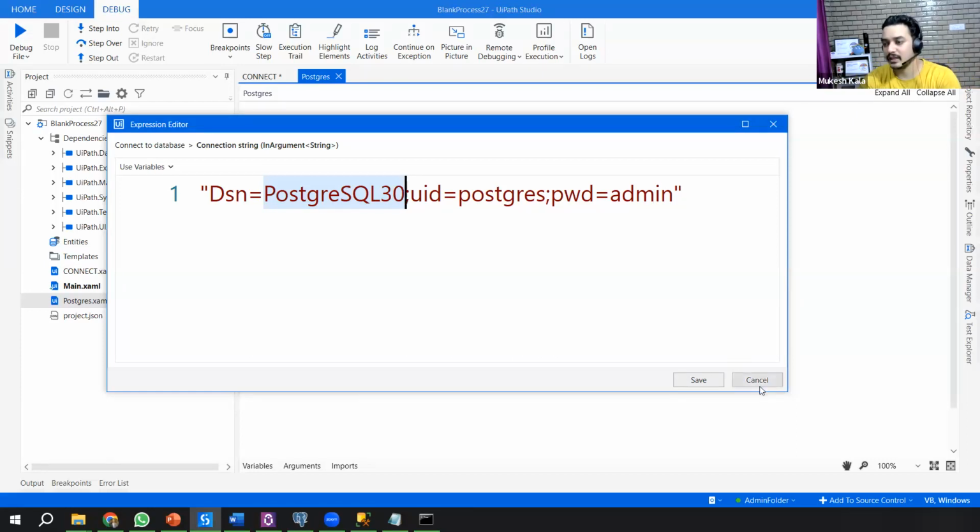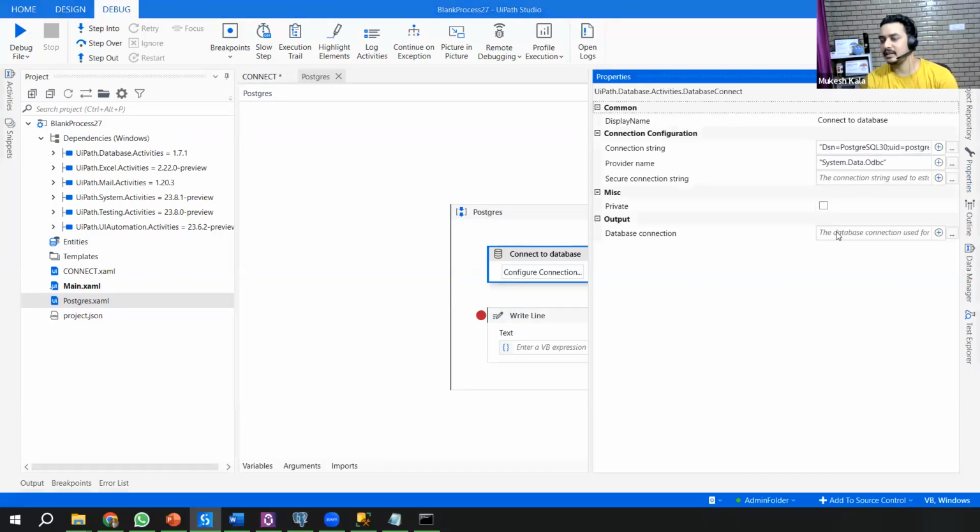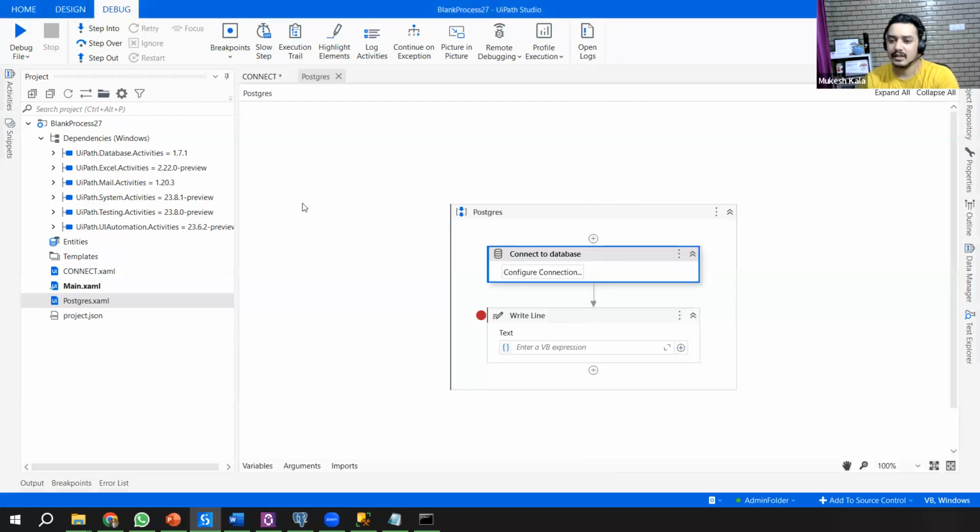Use it in the UiPath activity, use the same Connect to Database, and it will connect. The other properties are exactly the same: the connection string, the provider name, System.Data.Odbc, all of that remains exactly the same.